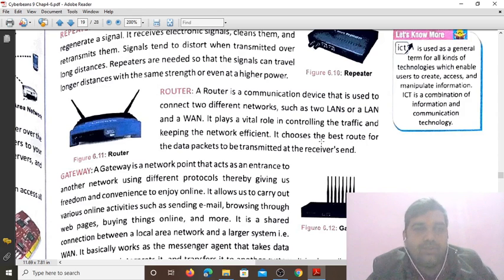It chooses the best route for the data packets to be transmitted at the receiver's end. Router is also intelligent. We can say it is more intelligent than the switch, because the router takes the shortest path to transmit the data. Suppose I ask you to send the information to Lucknow, and you are